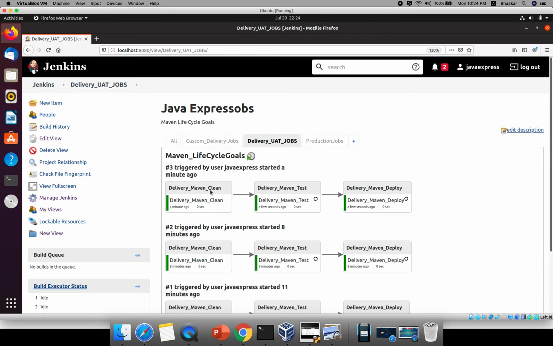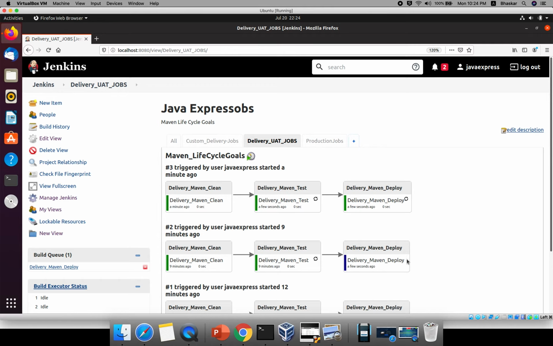See here, one job is dependent on the second job, which is dependent on the third. Suppose you changed something in the second job and you want to manually run from the second job. There is an icon, a circle, click here. If you click here, the job will be triggered again. See, a few seconds ago, immediately once this job is done, the dependent job runs, right? So if you want to run only this job, then you can click this job.